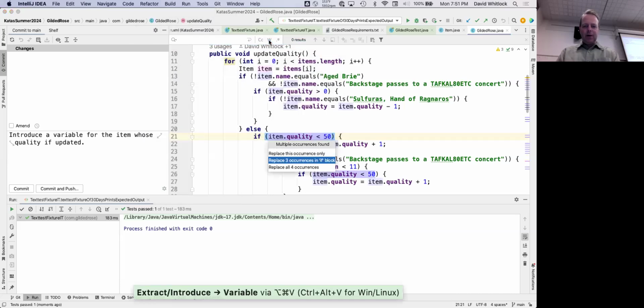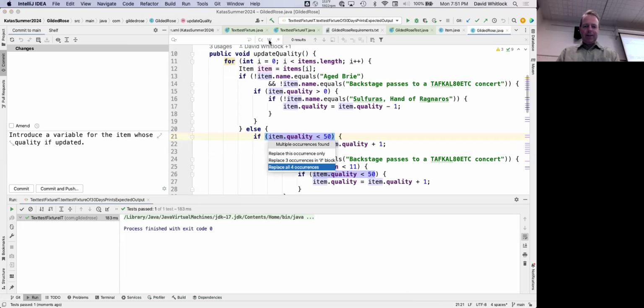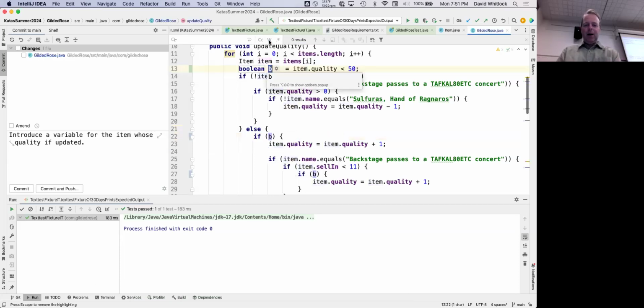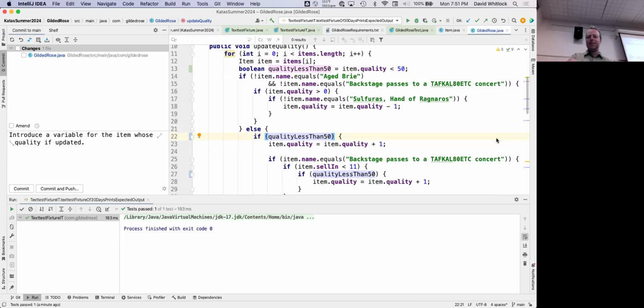And so, well, this is all 4. I just did them all, right? Why might that quality less than 50 break the code? Yeah, someone's weighing in at home. It tested the condition at the start and didn't recheck it. Yes. Oh, exactly, Sarah. Very, very good. Yes, that's why I think it broke it.